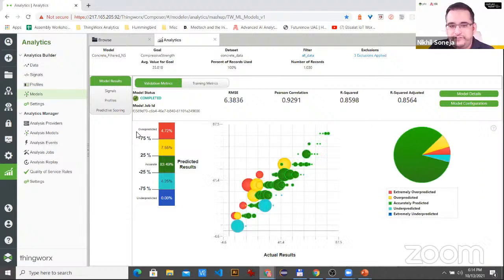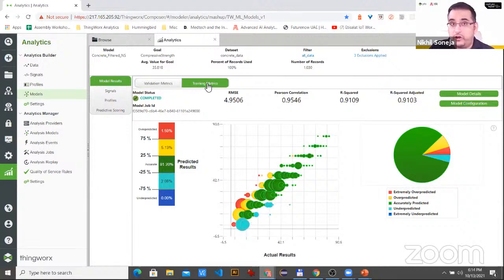Again, models will differ based on the type of data. Compressive strength is continuous data. So it is a value that is going on changing. It is not categorized or ordinal data where it's like a discrete value. It is something that can go on. So this is the model. It divided it into training, and it's not a Boolean also. We've seen Boolean where you get ROC curves and things. So that's a different thing. But with compressive strength, since it is a continuous value, this is the training metrics that we got.